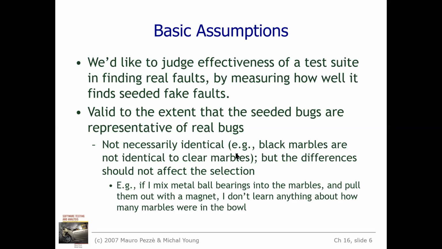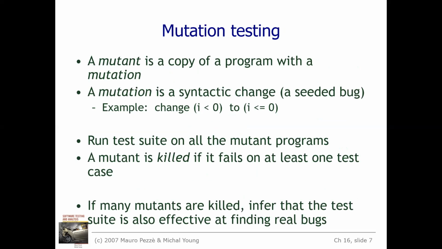What we are doing over here is checking how good the program behaves in all the different types of input cases that we have assumed. Understand? So that's what it says with respect to the basic assumptions that we are making for fault-based testing. One particular type of testing is mutation testing. I have given you a simple example of how to change the operator and how it works. See here. A mutant is nothing but a copy of a program with a mutation. Mutation is nothing but several copies of the same original thing.